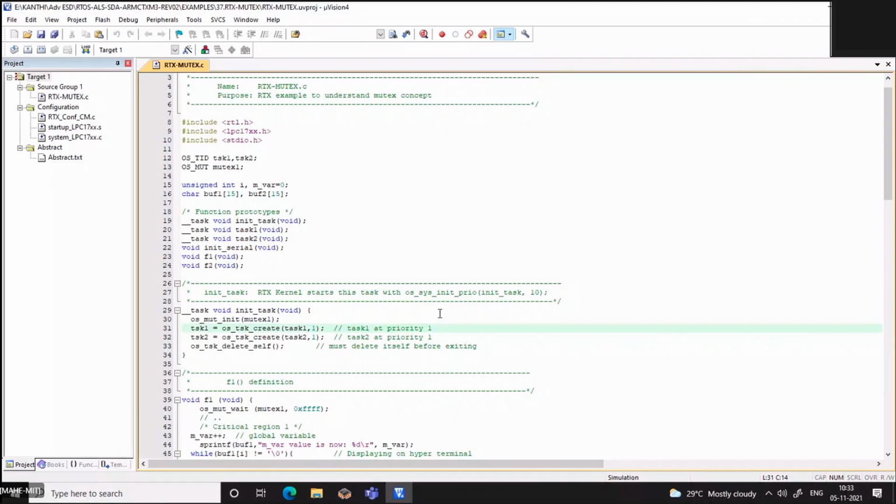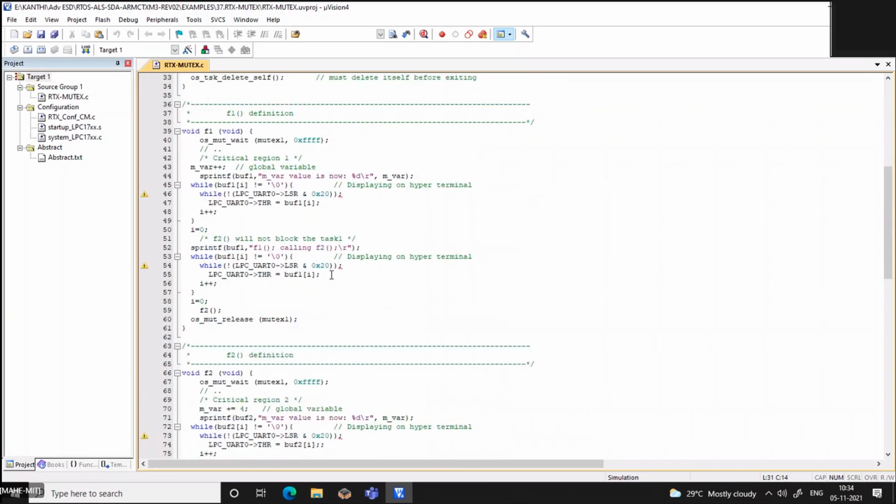If you remember the state diagram which I have shown, to share a resource the mutex uses some sort of lock and unlock, which means the process which holds the key locks it and uses the critical section, and after it releases, it will unlock so that the other process can make use of the same. Here is an RTX code, a simple code written to understand how the mutex can be used.